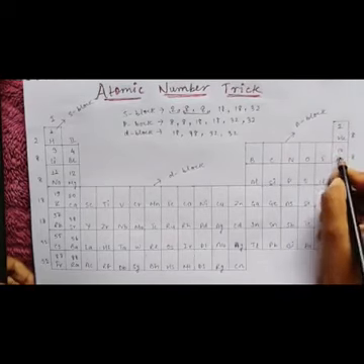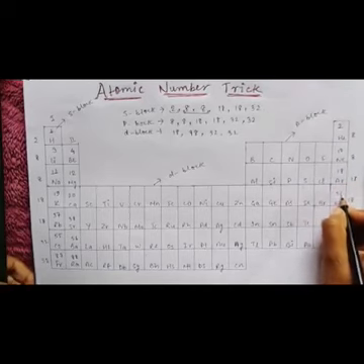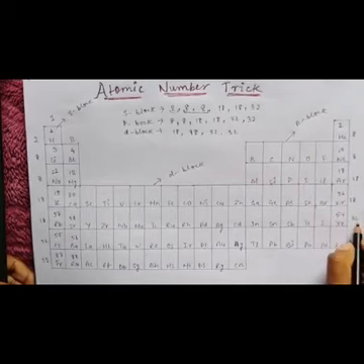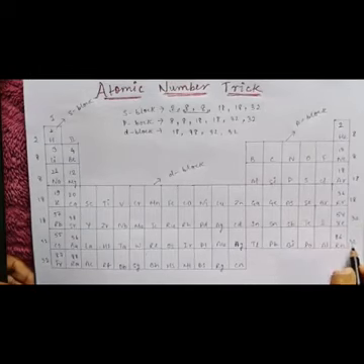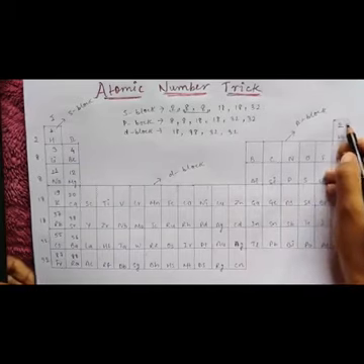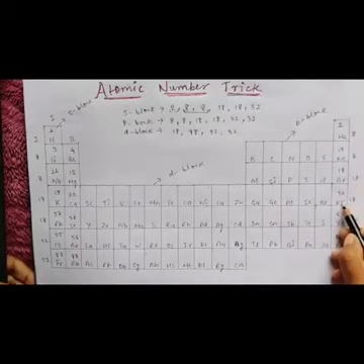So first, helium is 2, plus 8 is 10, plus 8 is 18. Then 18 plus 18 is 36, next 18 gives 54, and so on. Add in the same order for the P block elements. This last one is the 8th A group elements. These elements are known as inert gaseous elements, or noble gas elements, or stable elements.